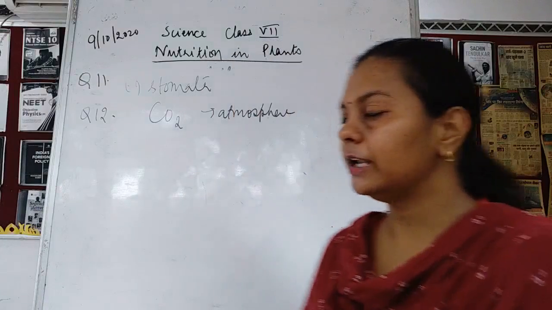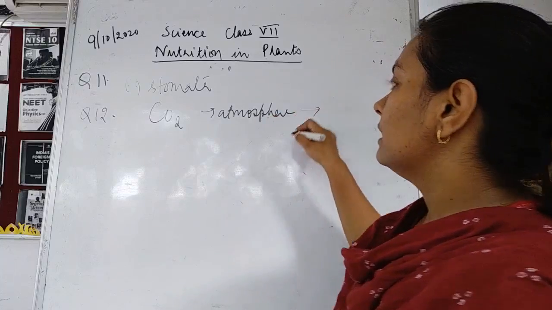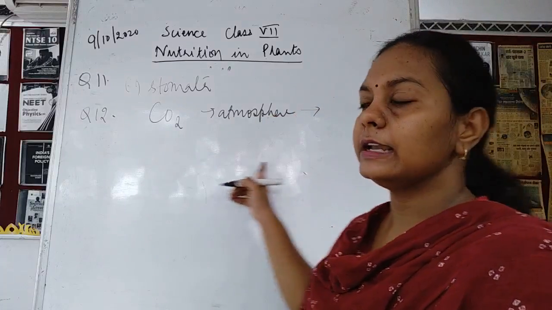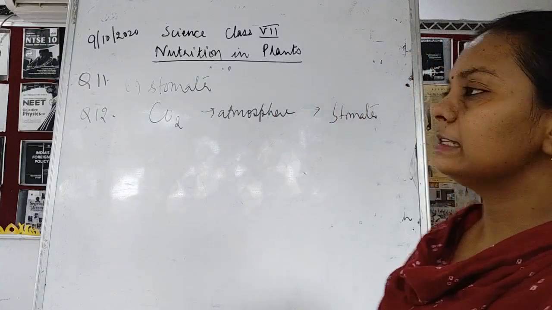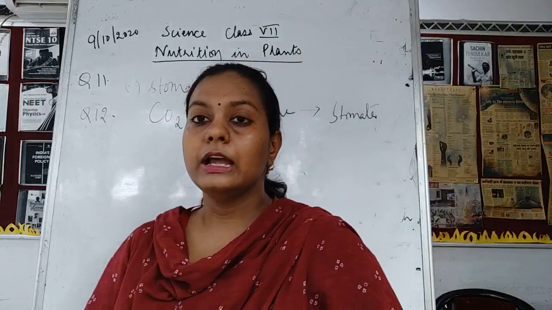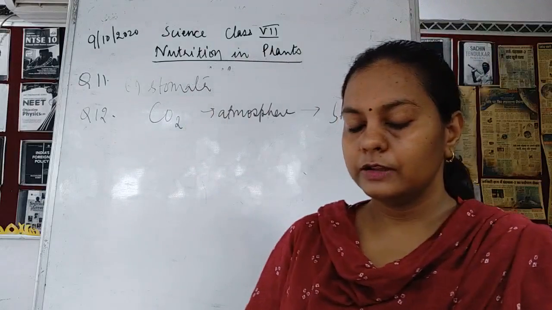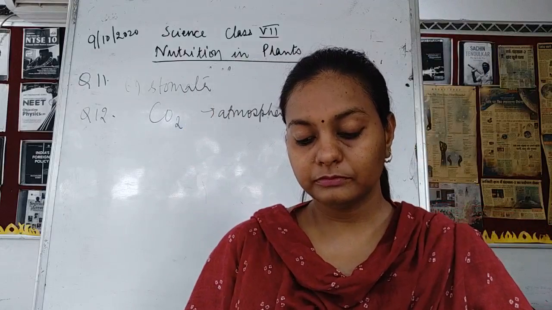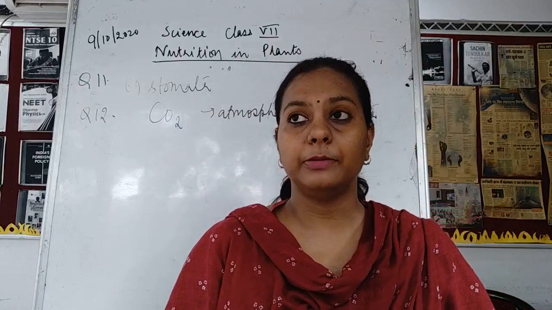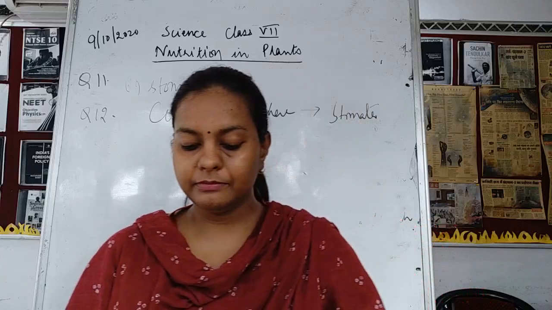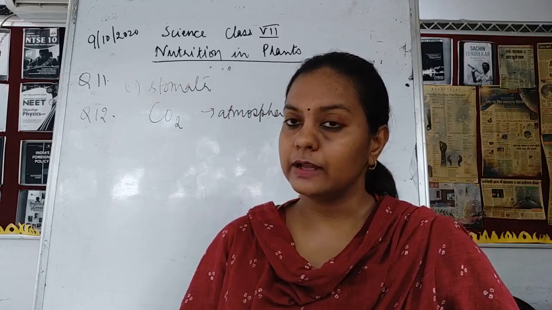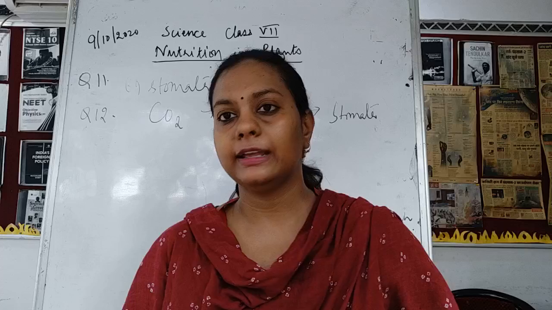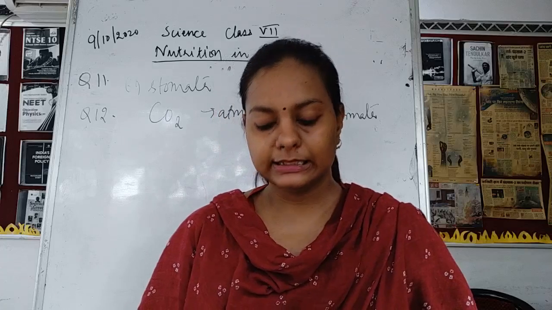So we got the answer that the carbon dioxide present in the atmosphere is taken up by the plants with the help of stomata. Again it is taken up with the help of stomata. Now here the options given are, the first one is the root. Does the root take up carbon dioxide? No. Then stem, no, it is again not taking up carbon dioxide. The next is flowers. Flowers are also not taking up carbon dioxide. Okay, the next is the leaves.